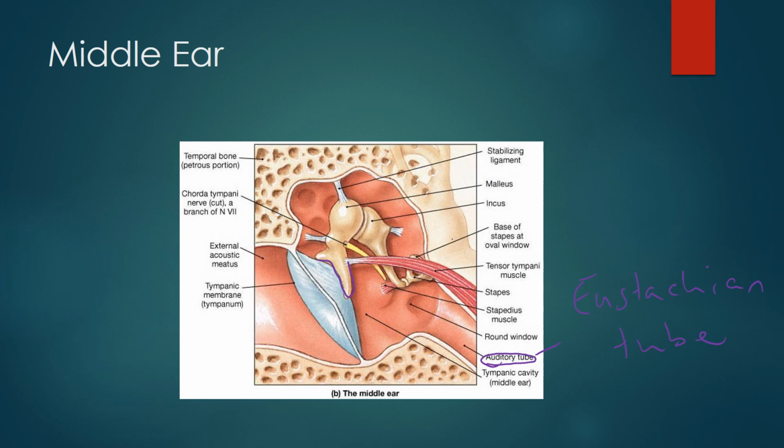And as you can imagine, that would then create an increased pressure due to fluid buildup within the middle ear, so usually infective fluids. Our view of the tympanic membrane usually then becomes red due to inflammatory processes. We get an increased vasculature present within the tympanic membrane, so it becomes very red, and it can even bulge outward as well. So instead of being drawn backward toward the ossicles, such as in this diagram, it becomes bulging,